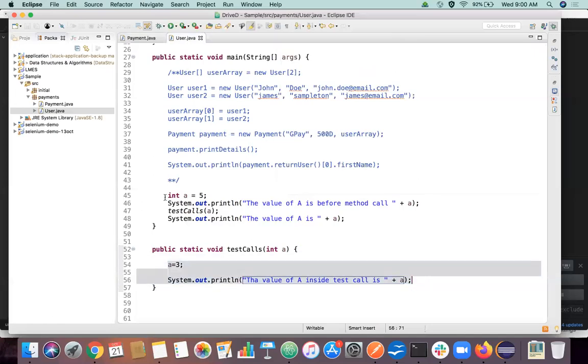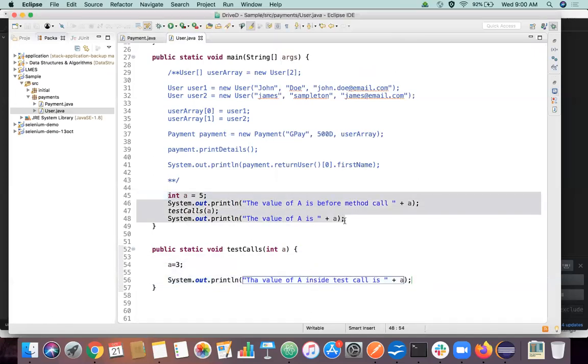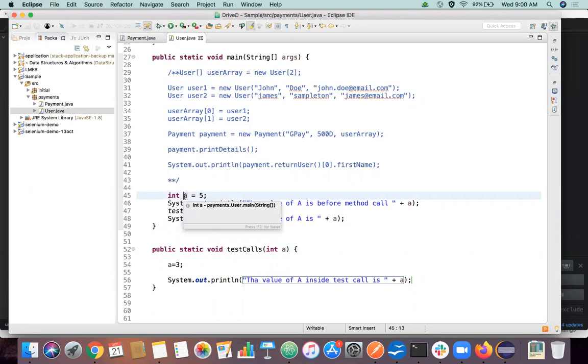It's not going to impact whatever we declared or called outside, right? So only we call this call by value, not by reference. We are not referencing this particular a to this a. So these things are totally different.